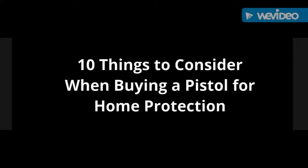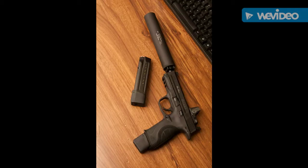So you're looking for a firearm, in particular a pistol, for home protection. What are some things to consider? Well, the first thing that I have to say right off the gate, and I'm guilty of this myself, is